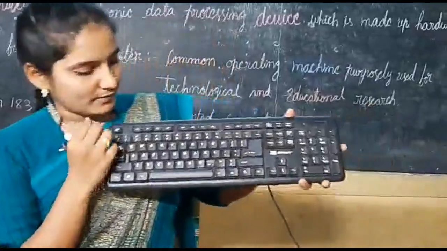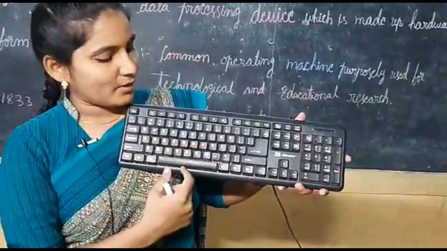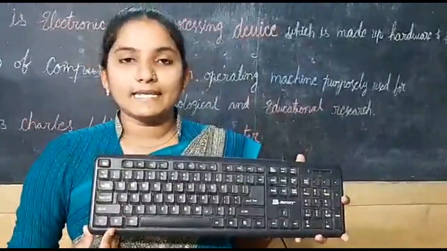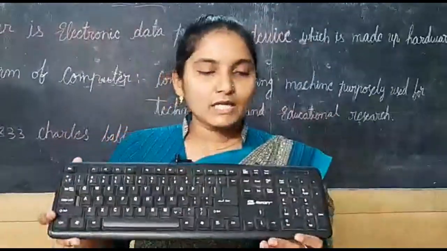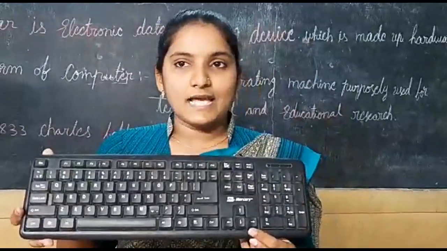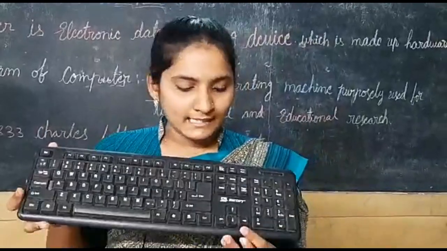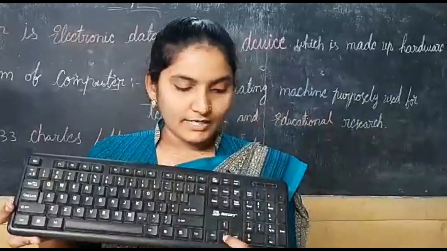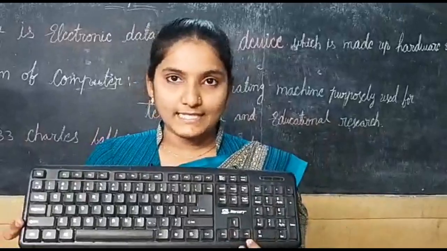Okay, and next one down, these are the alphabet keys. This is one type of alphabet keys. Okay, what is the use of alphabet keys? To enter text. And next one, look at all of you in this keyboard, left side, these are the arrow keys. In these arrow keys, 4 are available. First one, up arrow, down arrow, right arrow, left arrow.